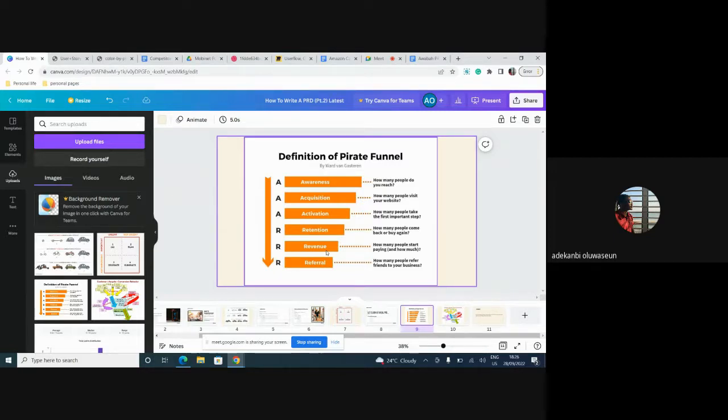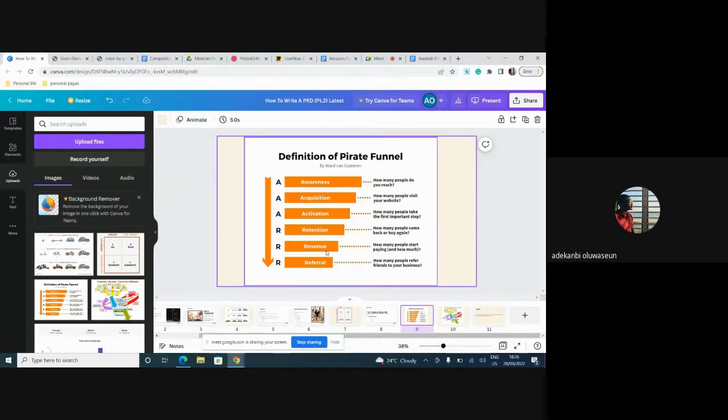So for instance, I did a banner and I put the banner in Lekki. So it means that everybody that is driving around Lekki are impressions. Meaning that, okay, I'm getting 1 million impressions per day because my billboard is in a place where 1 million people are looking at it. Now, out of that 1 million people, it might be just 100,000 people that will come on your website and sign up. So it means that your churn rate is about 90% because you have maybe 900,000 people that did not convert, right? So you want to measure those things so that you know what you need to improve.